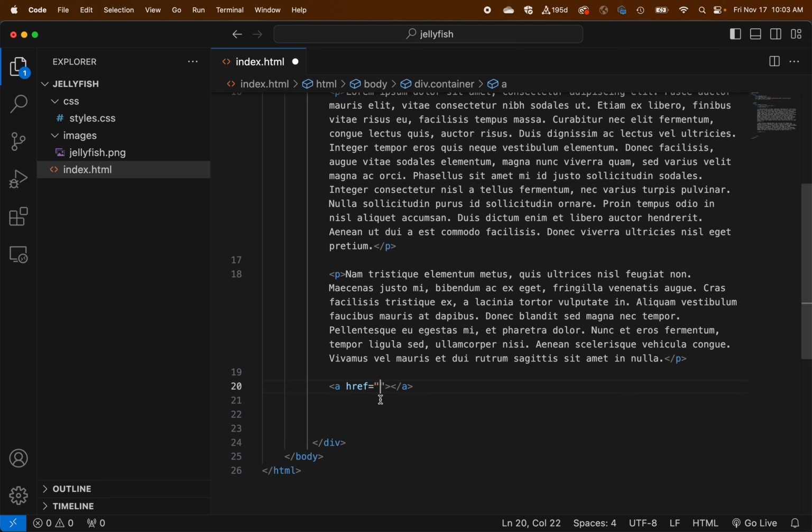Parameters are special instructions, and they're built into these specific tags. Specific tags have specific parameters, and the one we use in a link is href. I don't even know what it stands for. It just means the link that you're going to. So we're going to go to the Wikipedia page, so we're going to say